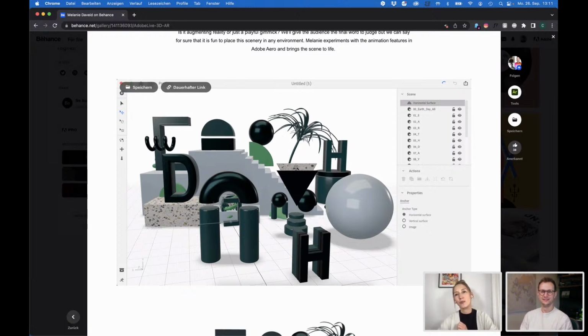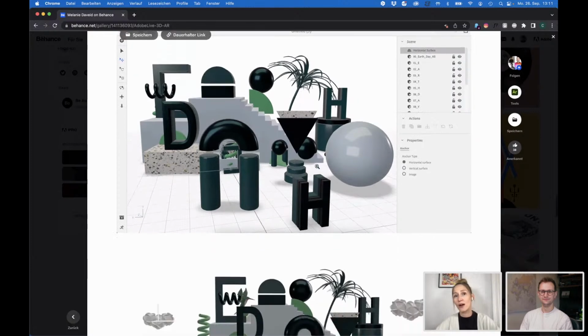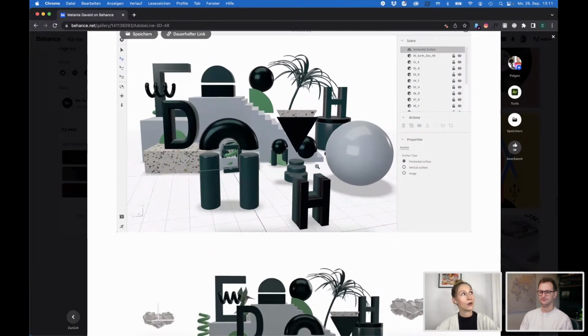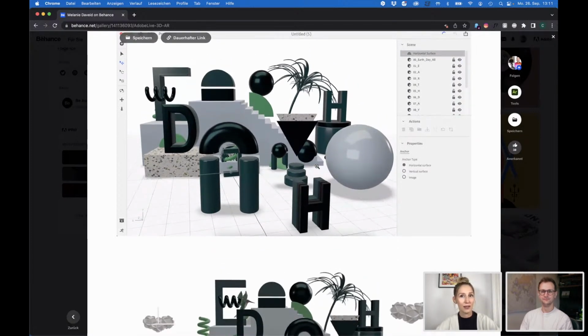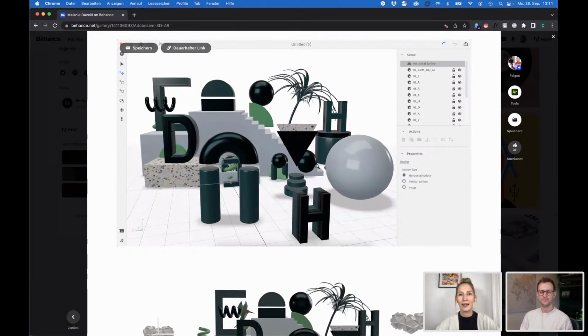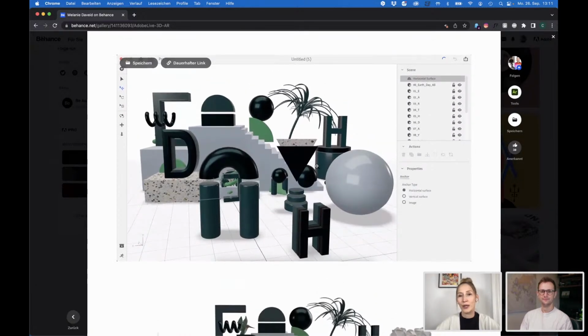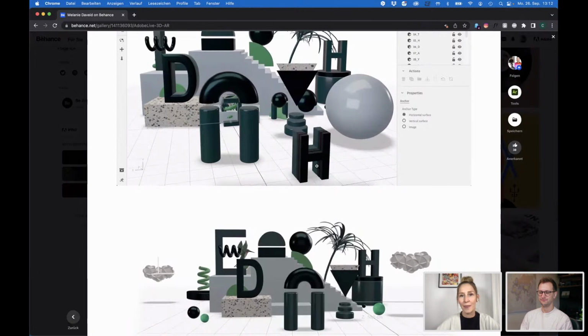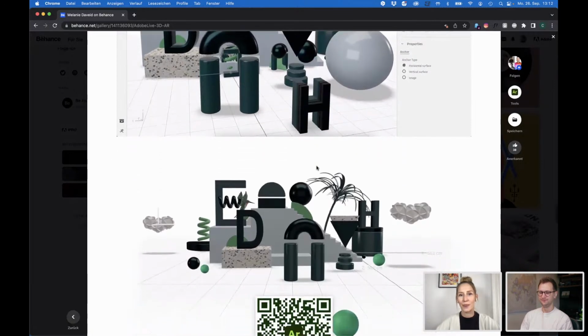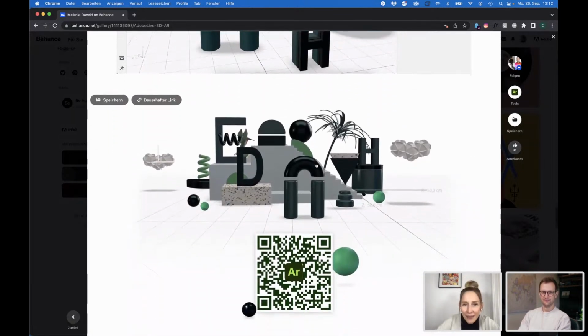I mean, it happened once in After Effects, but not in Aero. And I played around in Adobe Aero on the iPad a lot, and it's really fun. But today we are using the desktop app. So as you can see, this is